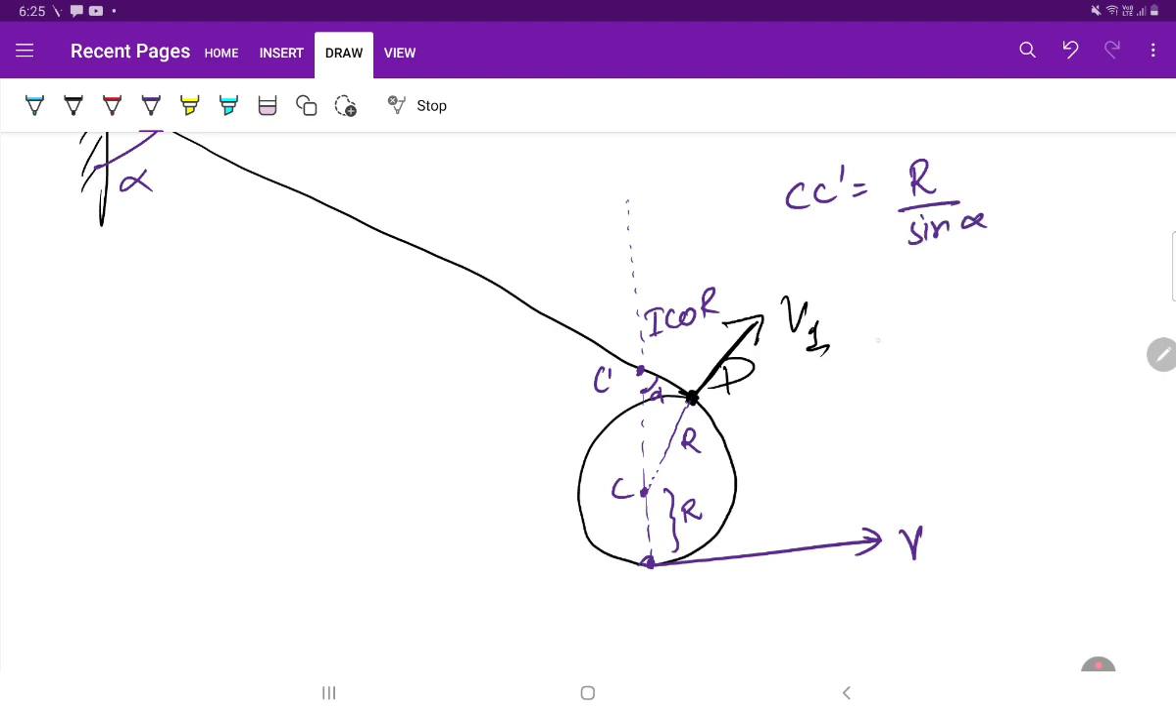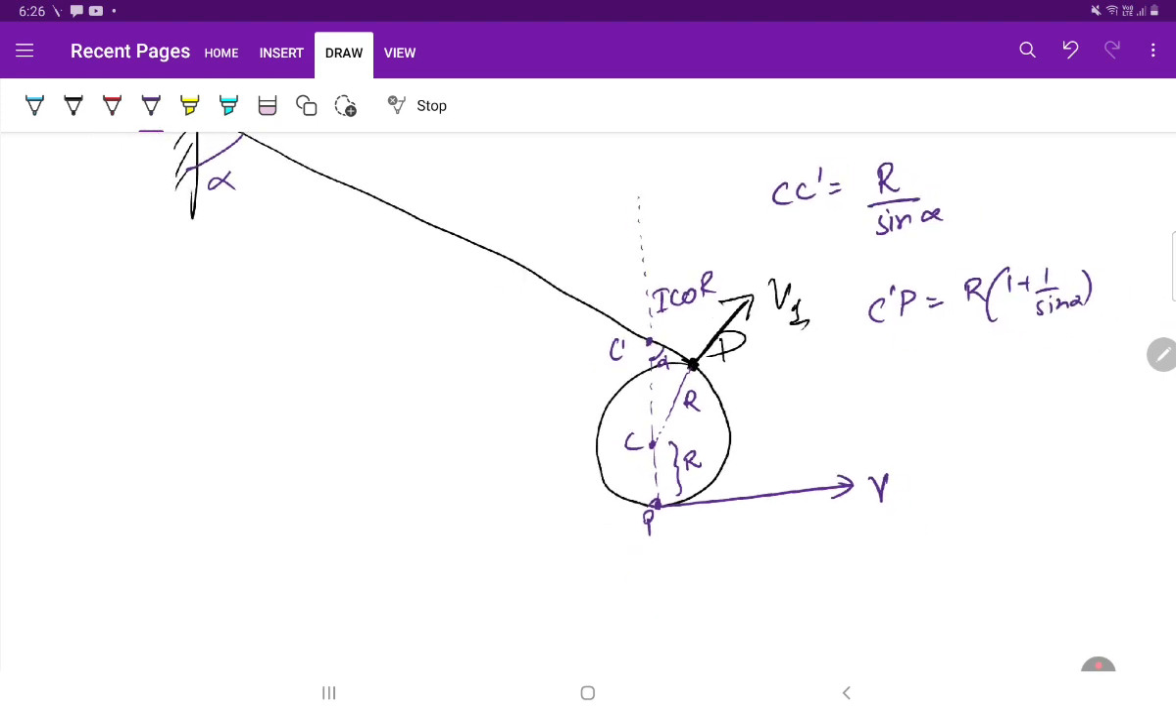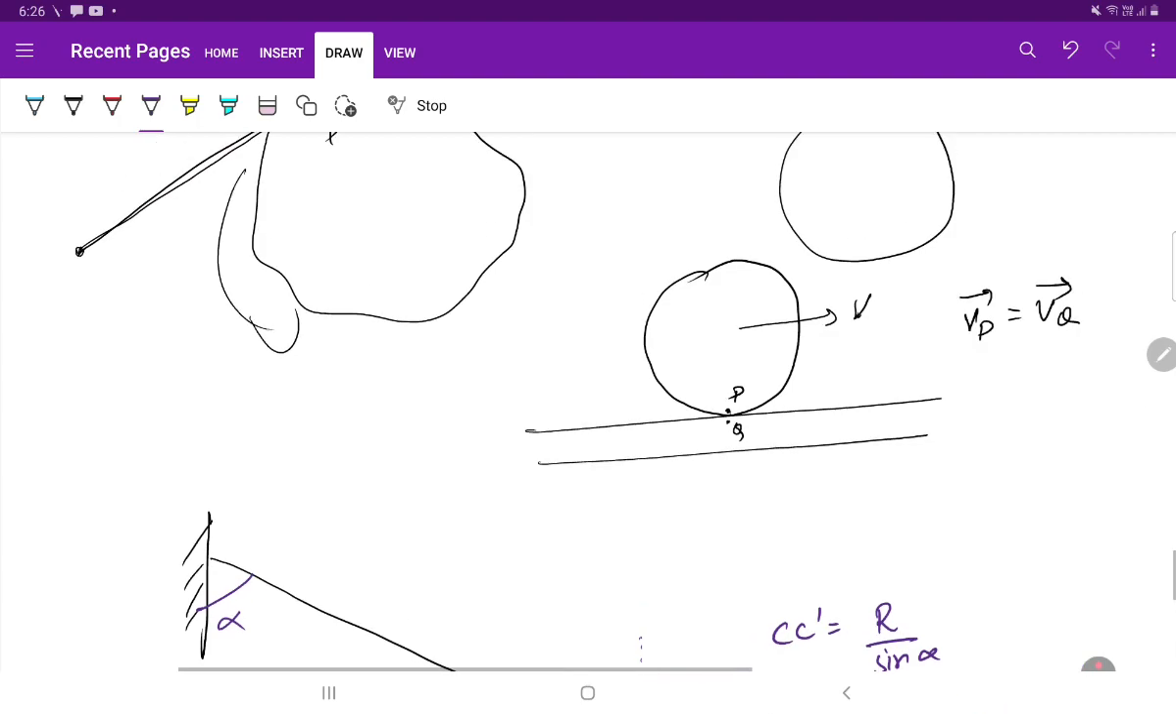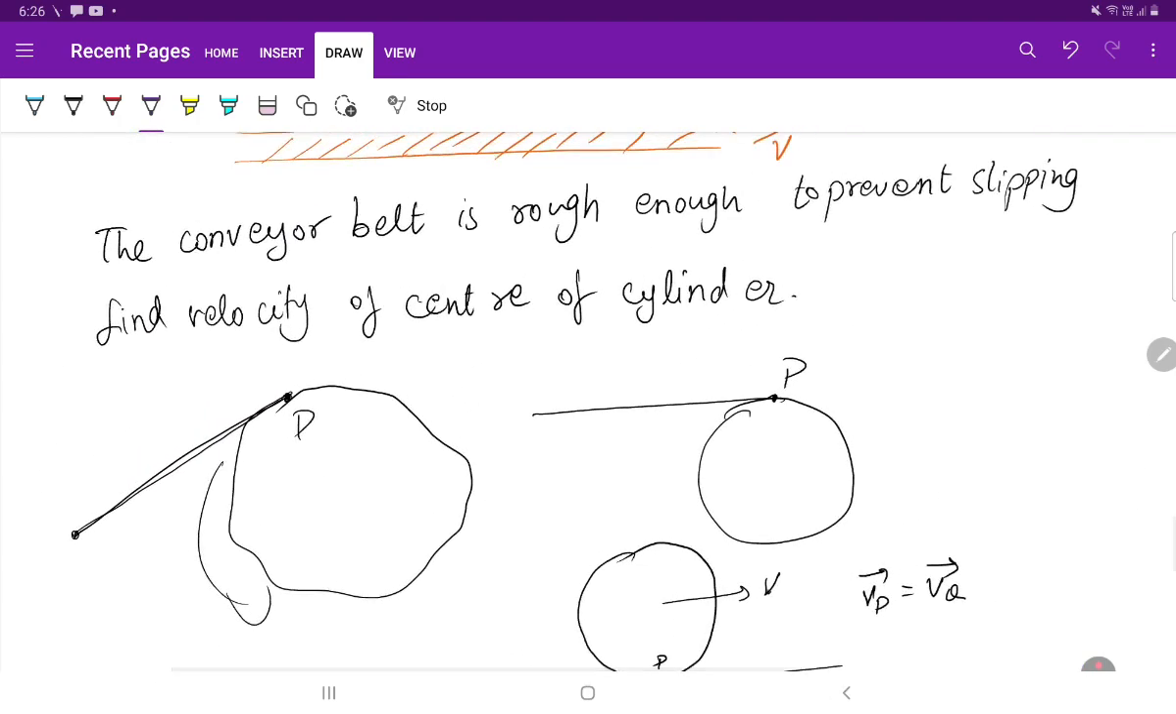Now the distance between the ICOR and the point of contact, that is P, so I can say C dash P is equal to R into (1 plus 1 by sine alpha). Hence I can say that omega of this body is equal to V by R into (1 plus 1 by sine alpha). Okay. Now they're asking me to find the velocity of point C, that is the center of the